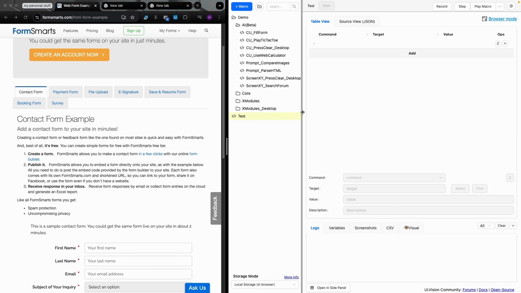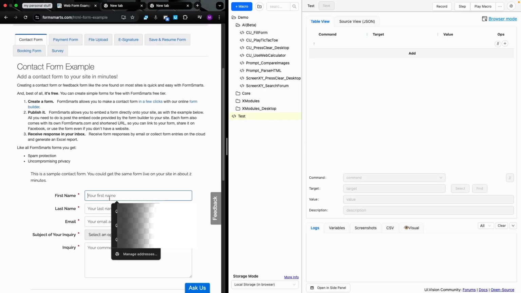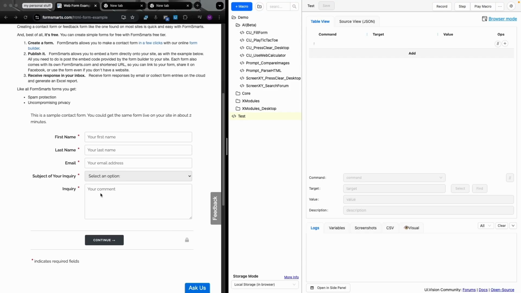Cool. So we've got our site that we're trying to interact with here on the left, and then we've got this window. Usually it will open up as a separate little thing, like a separate tab or a separate window completely. If you're on Windows, it will open up completely differently to this. But let's say I'm trying to fill out this form. So for example,